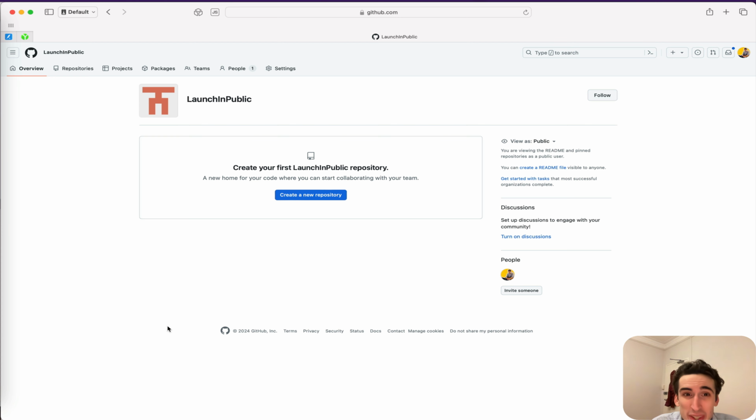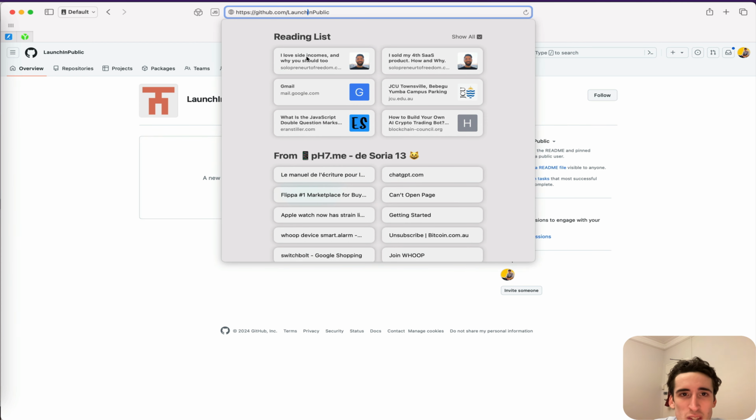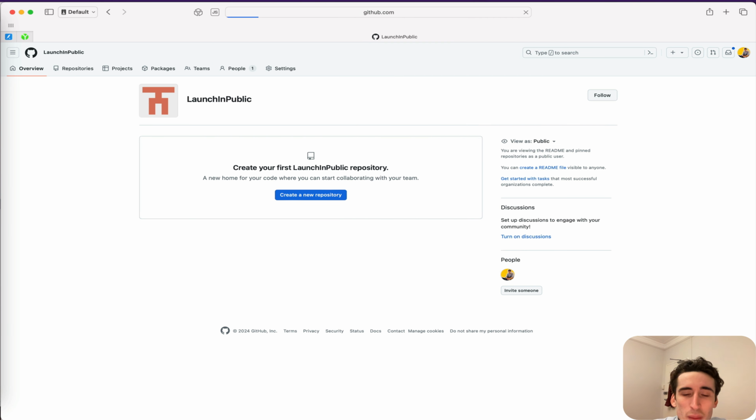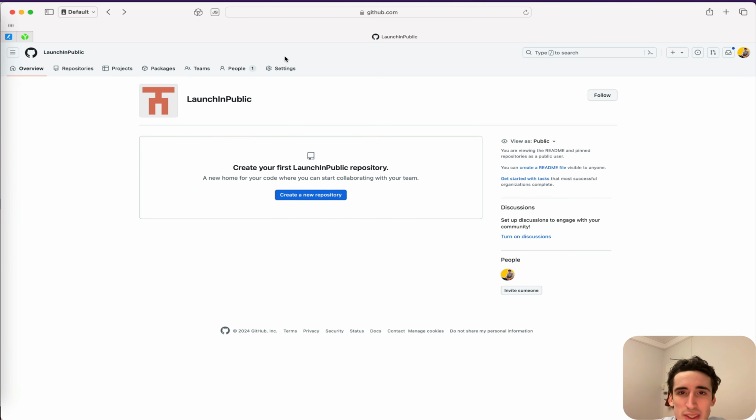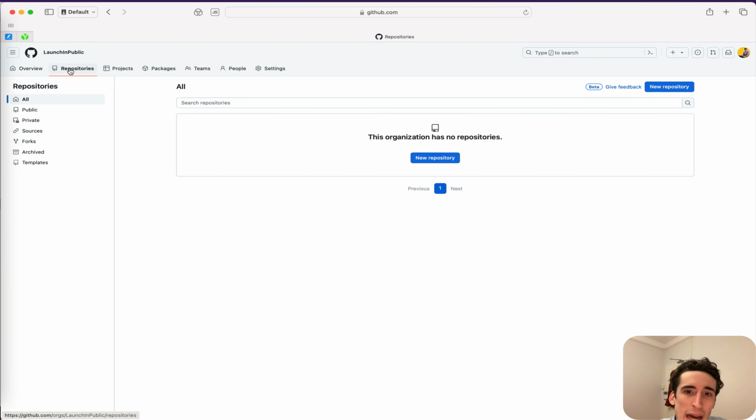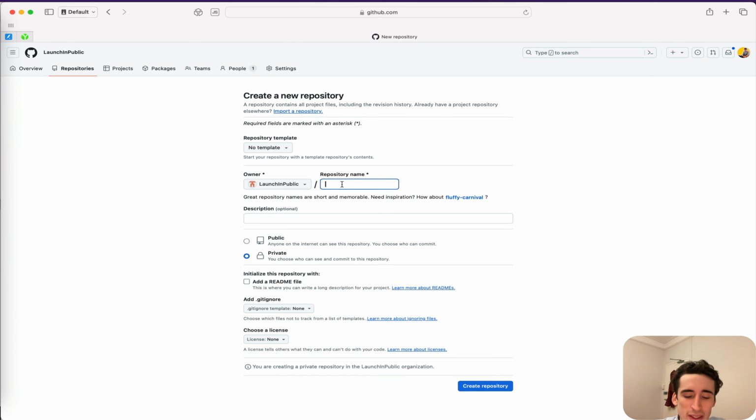We build in public. Build in public was already used by someone. So if I just do that, build, perfect. You see, it was already used, and this is why I have decided to use Launch in Public instead. Sounds good? So we have here repositories, and I will create a new repo